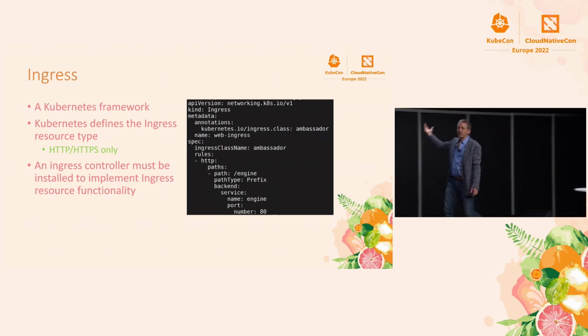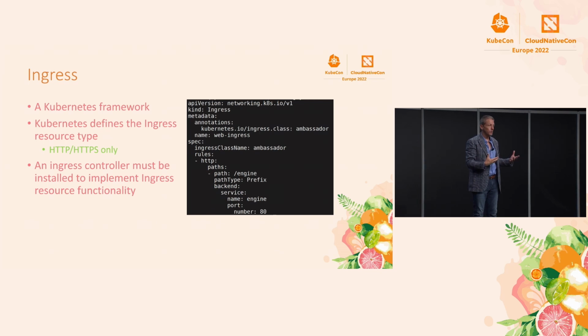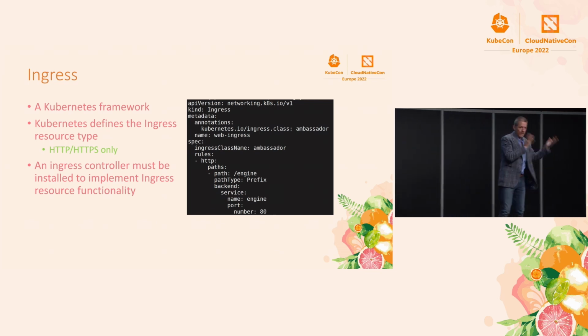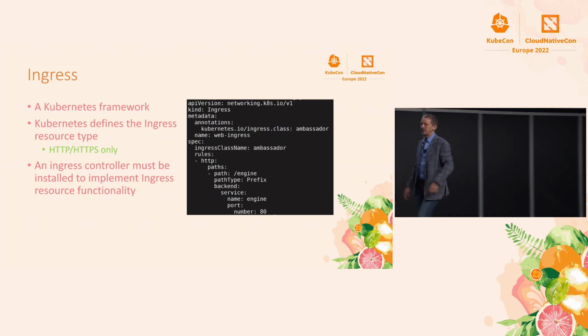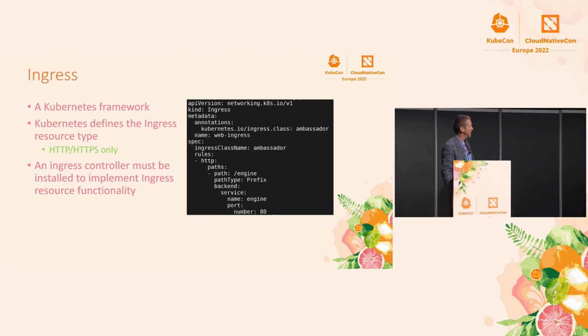Very simple. And the developers can create these rules. My DevOps team can provide the deployment that runs my pods, the service that lets people inside the cluster get to them, and the ingress rule that allows traffic from the outside to route in. Now, obviously, I've got to coordinate with the other people so we don't have overlapping routes and stuff, but that's the idea. Let those teams be independent.